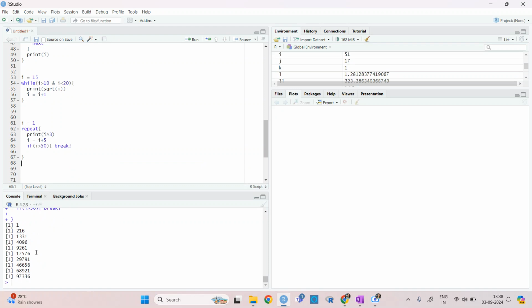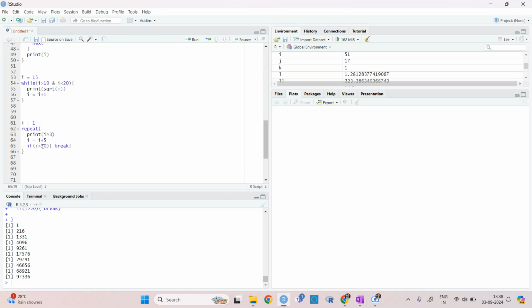So what I have done here is that I have given the repeat command. So we will see what command needs to be repeated, which is print. So repeat this command, and then change i is equal to i plus 5, and the if condition is when i is greater than 50.